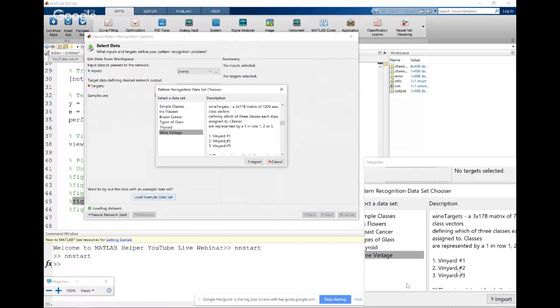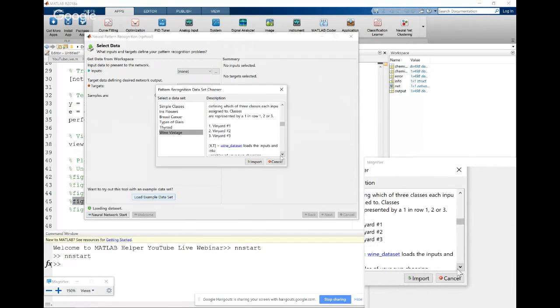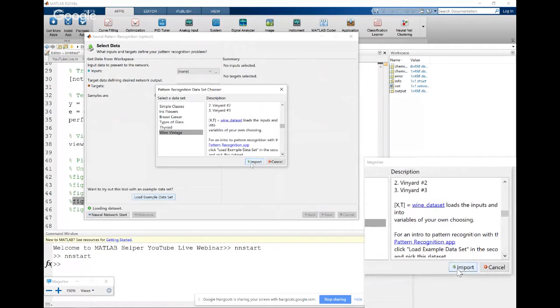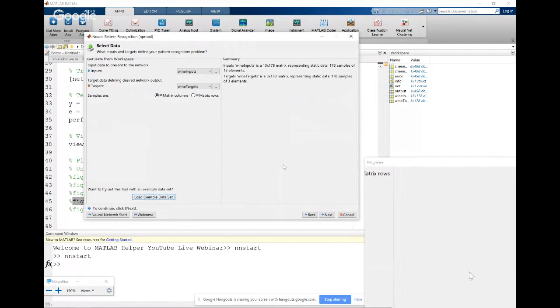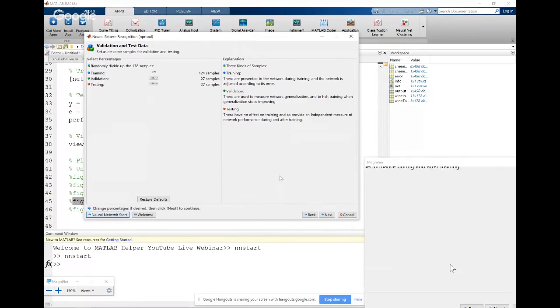We have to understand from which vineyard this particular bottle of wine came. So I'll import the data and click on the next button over here.